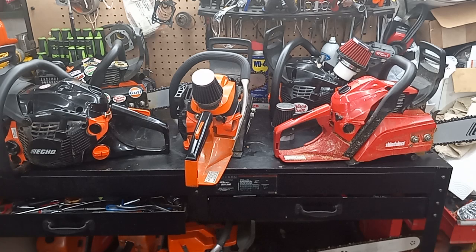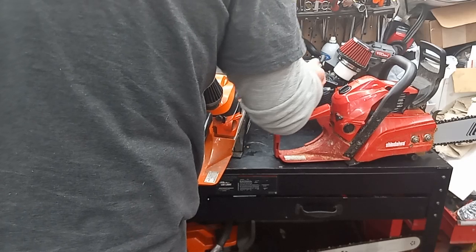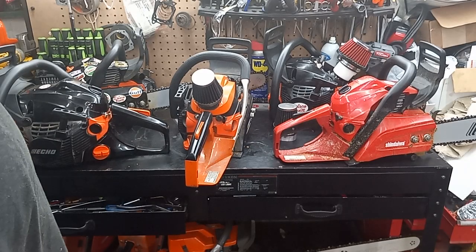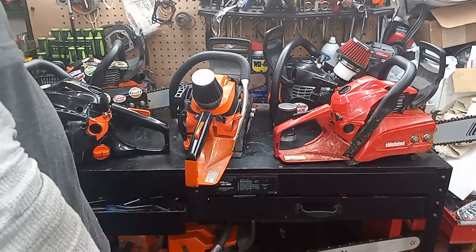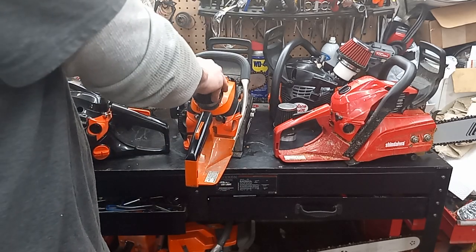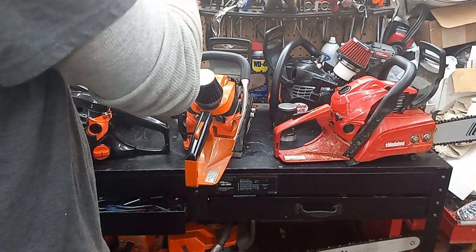They're just awesome saws. Like the Shin, I took this off. This is going to go on a different build. I put the Shin back into work trim. I plan on beating the snot out of that thing in a work environment. I'm thinking about doing, these stacks are cool for racing, but I'm thinking about putting